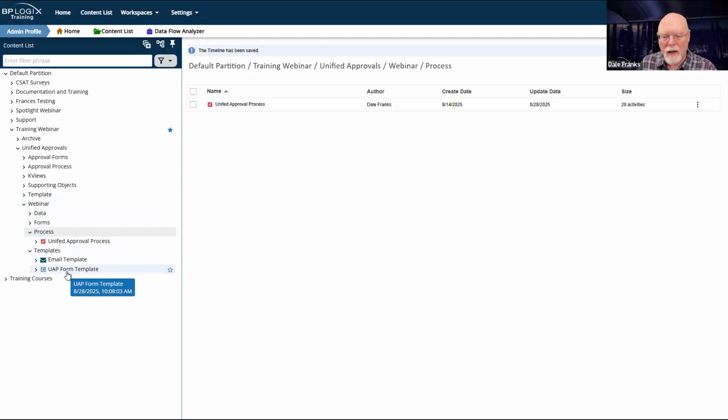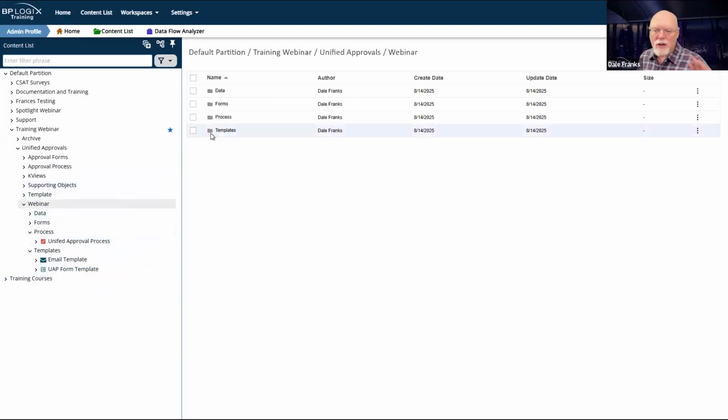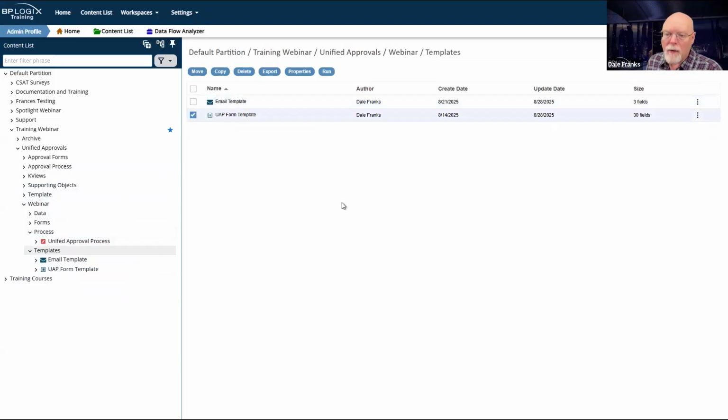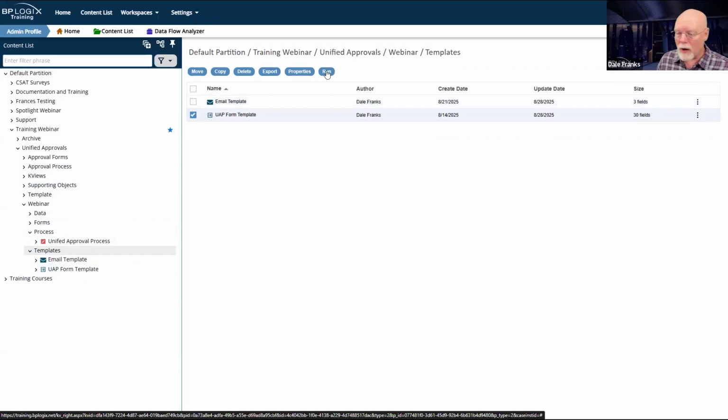I could technically at this point export the form template, re-import a copy of it into forms and test there. But if anything is wrong, I'm going to have to go back to my form template, make the change, export it, and re-import it. Let's not do the export and re-import stuff. Let's just run the template now and ensure that our process works. I'm going to do some real simple testing on this. First thing we're going to do is test to see if our process actually works the way that we want it to work.